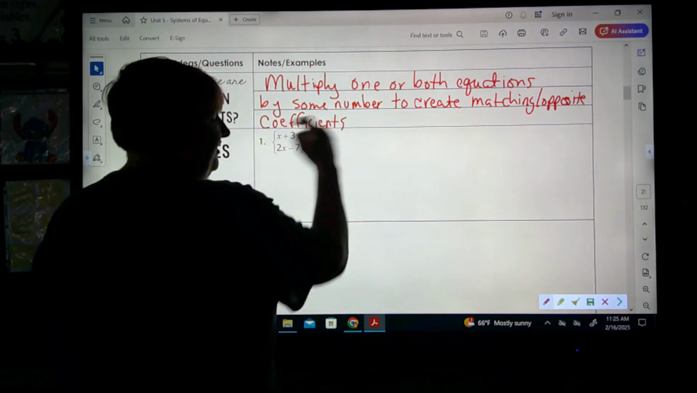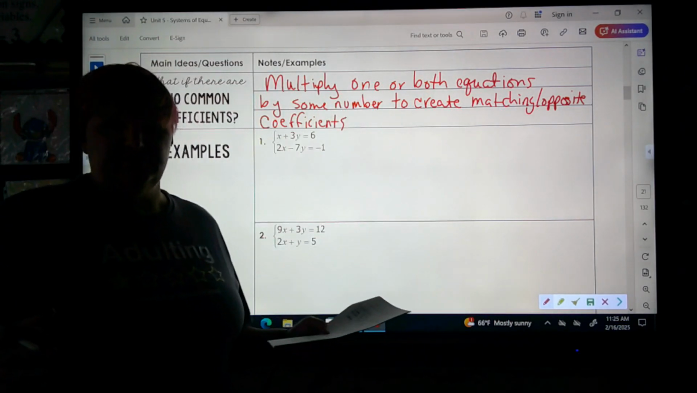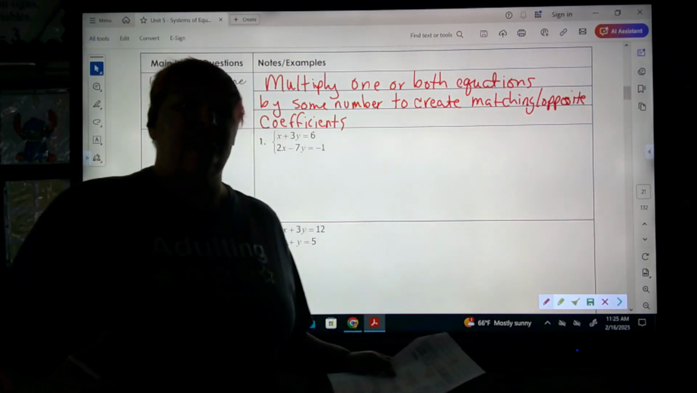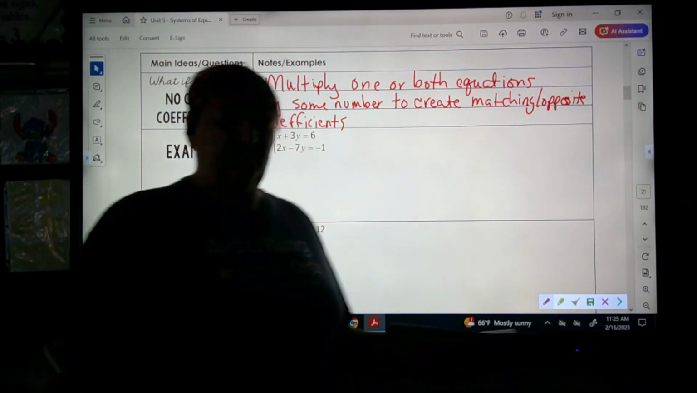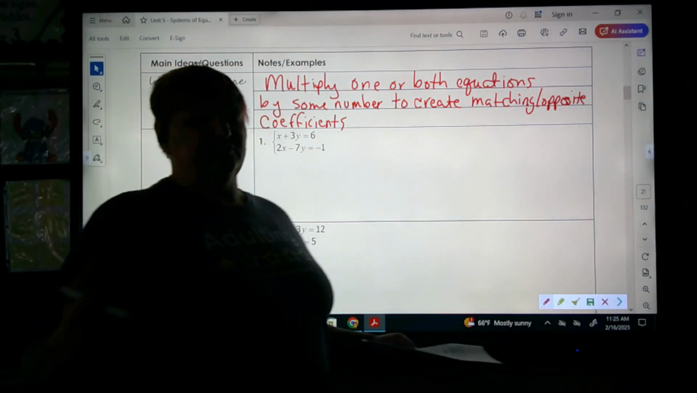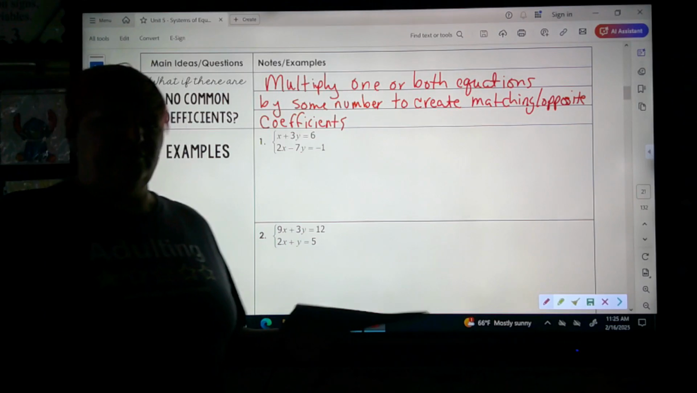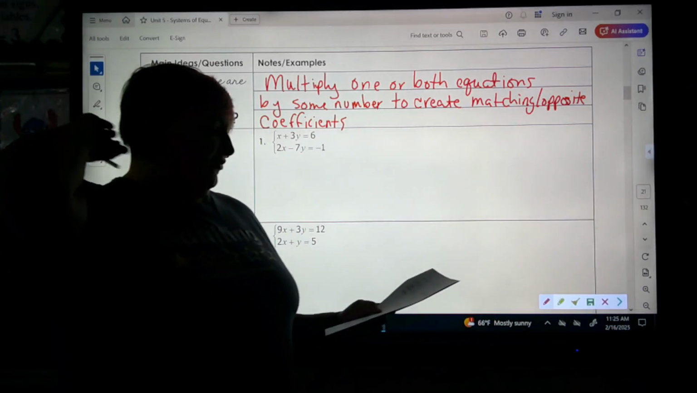Right? Because we're doing it to the whole equation, it's not changing the value of the equation, it's just creating an equivalent equation. And so if we have to do it to both of them, that's fine, as long as we do the same thing, right? So, for example,